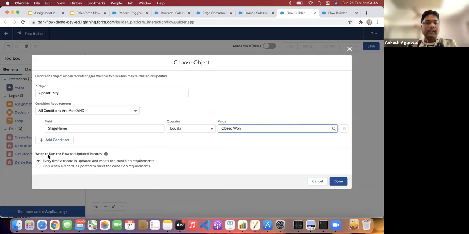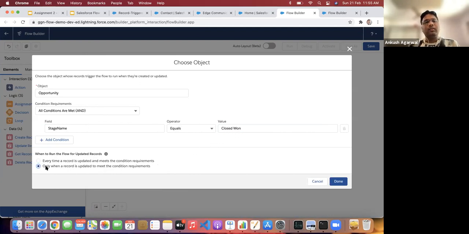And here there are 2 conditions for when to run the flow for updated records: every time a record is updated, or only when the stage name is changed. I'm selecting the specific one, because let's suppose I have updated something on opportunity, but not stage name. My requirement is that this trigger should run only when the stage is converted to closed won.